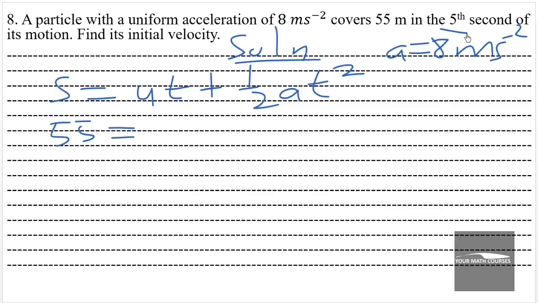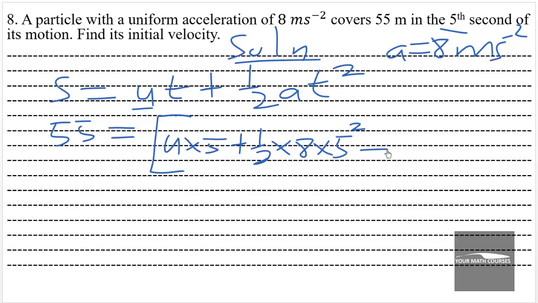So the 5th second will be the difference between the 5th and the 4th seconds. So that will be equal to the 5th seconds. We substitute into this formula. In the 5th second, t will be equal to 5. So we have u times 5 plus half times a, which is 8, times t squared, which is 5 squared,